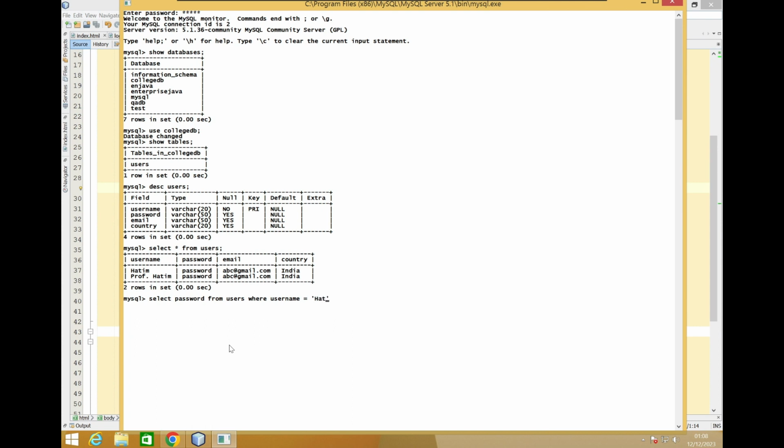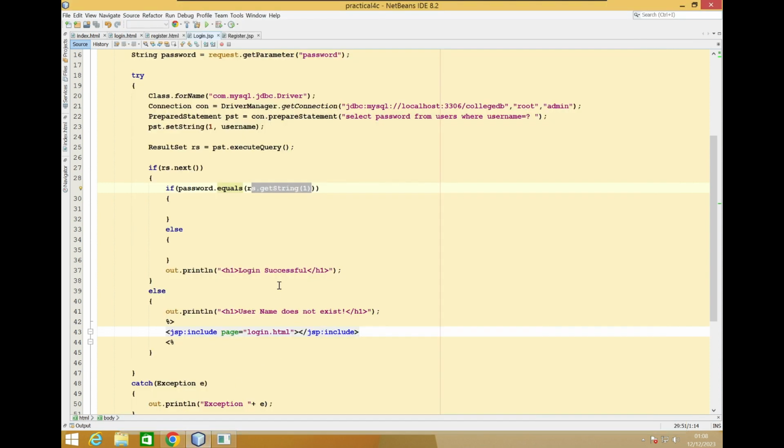in single quotes we will write. So here basically we are getting the password from the column password, but in the database, always in the code we have the first column as the serial number, which is by default generated. So we are writing 1. So here also the index starts from 0, but since it is the second column, we are writing 1 over here. So if the password matches,